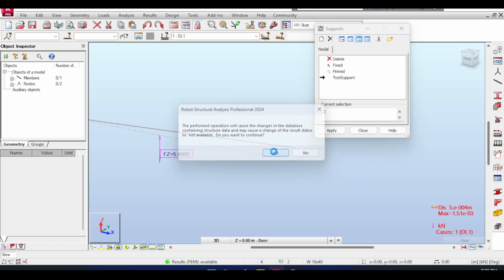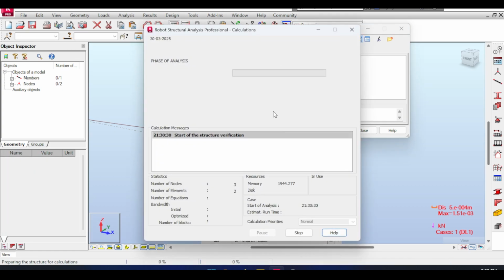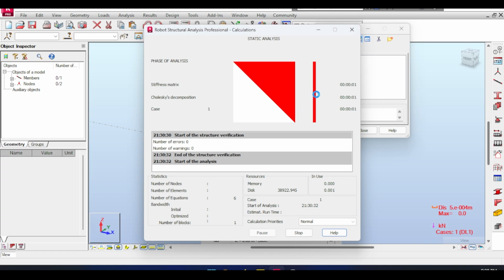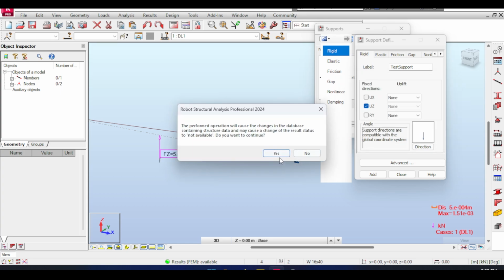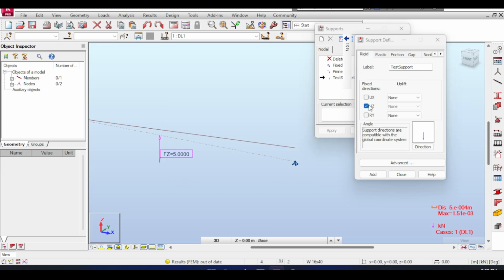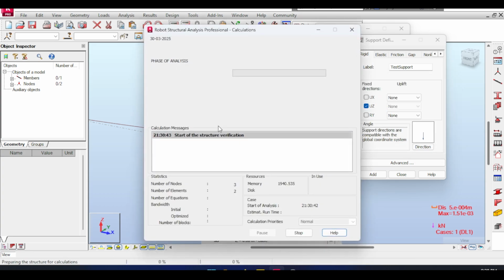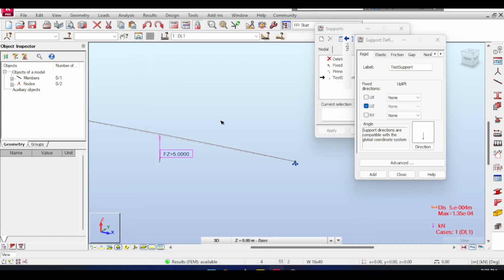Of course, if you want to change that, you can change that via its support definition. So far, so good. So that's a test support. Of course, if you want to hold UZ and then click Add, this will modify the support by letting it hold UZ, which prompts you to run the analysis again. And if you run the analysis again, you're getting back to the pin thing, where you have 1.35 in mid-center